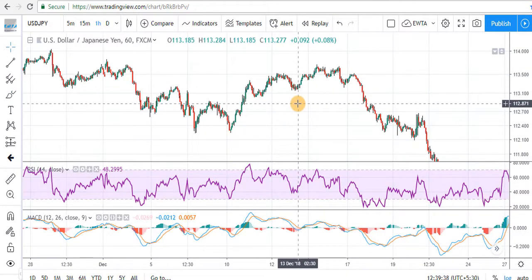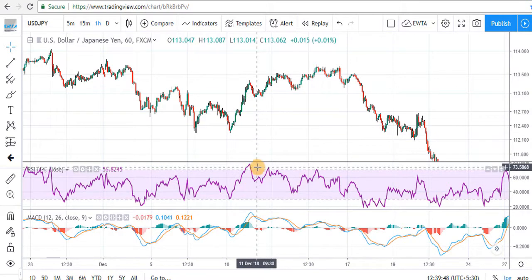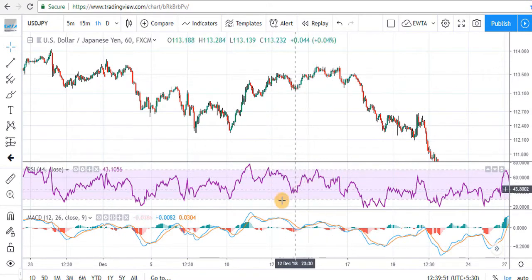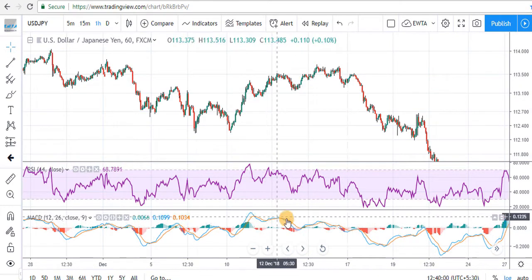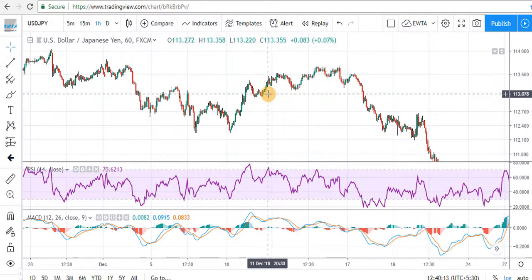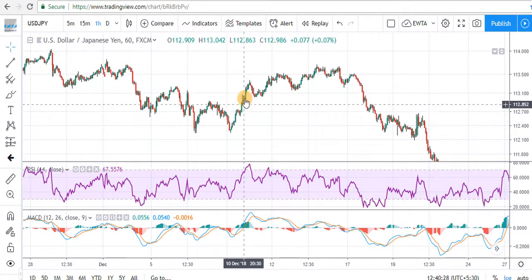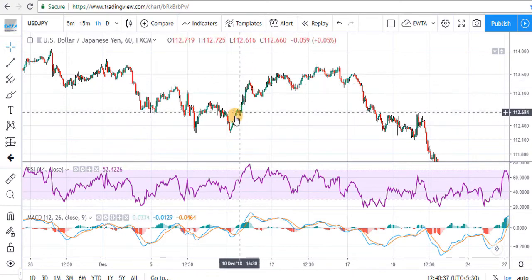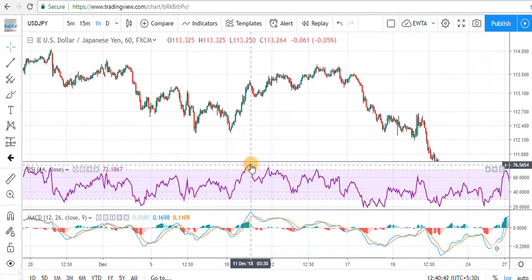See, this is the hourly chart of USD versus JPY and here prices are in an upward direction, but if we see the indicator, RSI's peaks are going in a downward direction. And see, MACD is also giving a bearish divergence because MACD is going in a downward direction but prices are going in an upward direction. It shows that momentum is low here. Now, as long as there are higher highs on the chart, see this is the uptrend, there are higher highs and also RSI is going in an upward direction. It means that the trend is progressing.